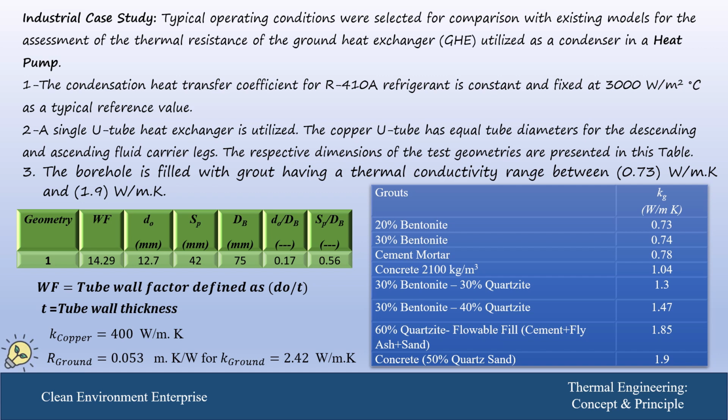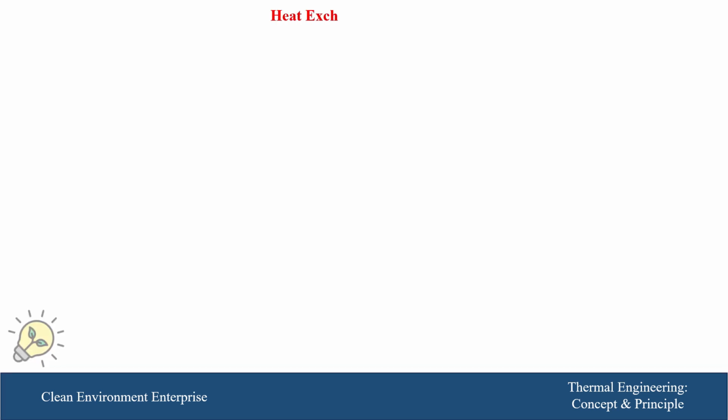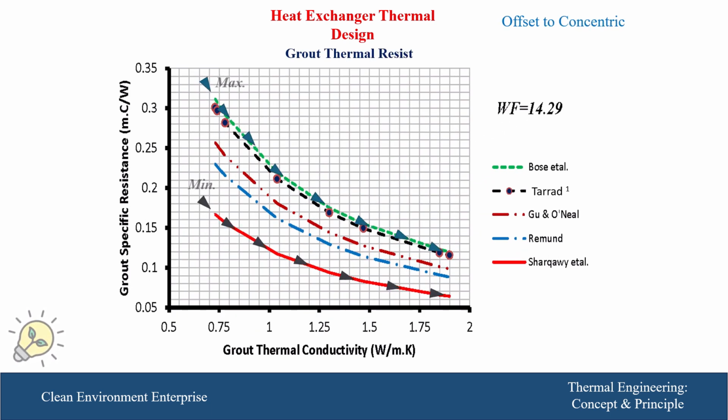This information will be used to design this geothermal DX heat exchanger. If we want to design the heat exchanger, let us go through the effect of the grout thermal resistance for